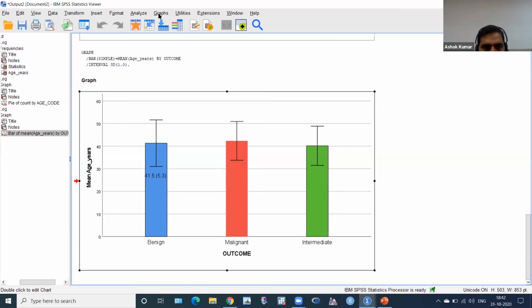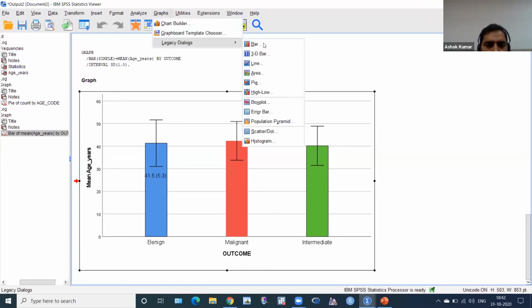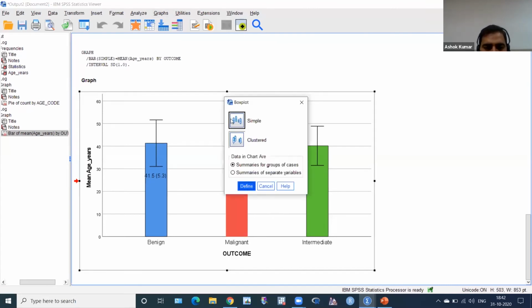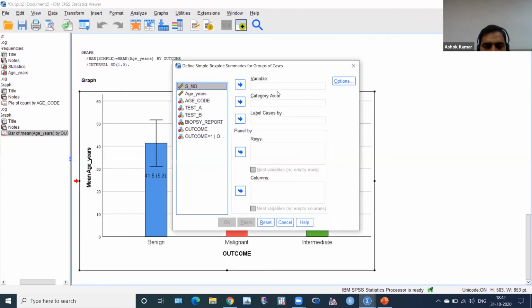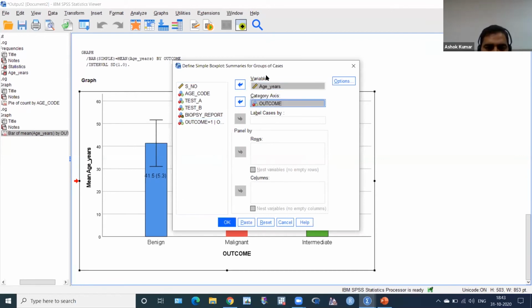So what is a box plot? I told you box plot is used for Mann Whitney, something like that. You have to click graph, then legacy, and then this is box plot. Click on box plot, then simple box plot and click OK. There are different types, please do practice. Click here, variable axis. I want age here as the variable axis, where I want the median and IQR or something. And the category axis according to outcome. So this is a group. Category axis means group, and this is the variable. Then you have to click OK.